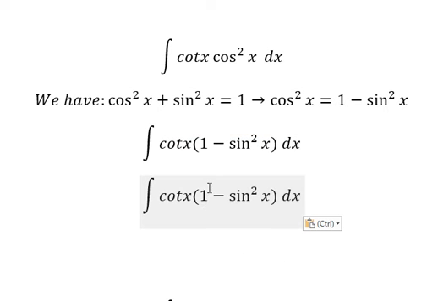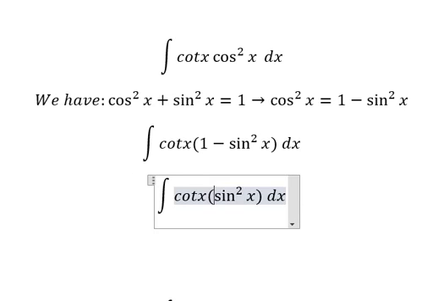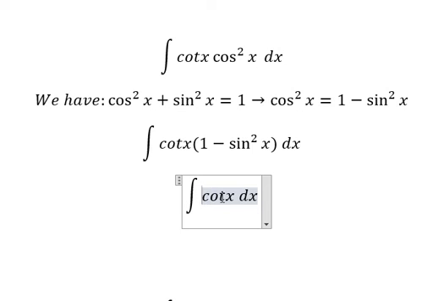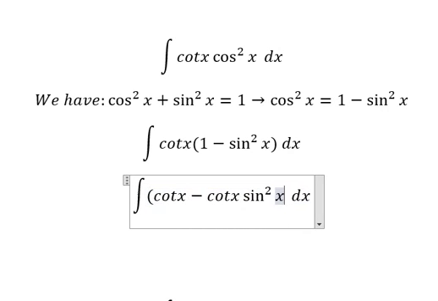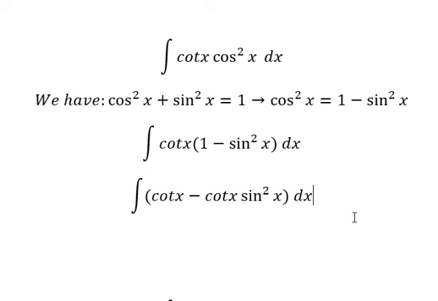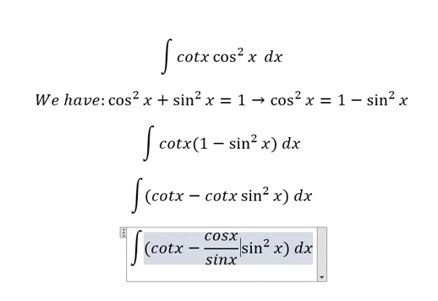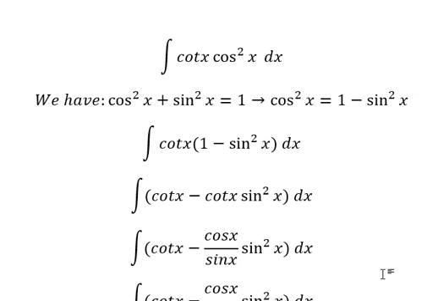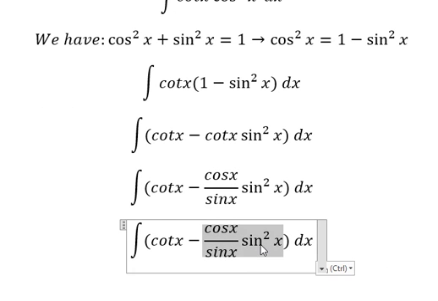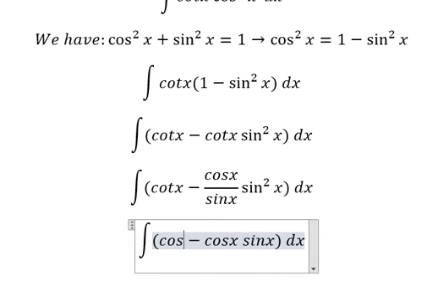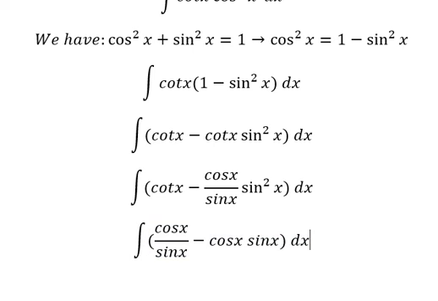Next, cotangent s multiplied by number 1 over sine s squared. So cotangent s, that is about cosine s over sine s. This one we simplified and we have cosine s over sine s. Next,